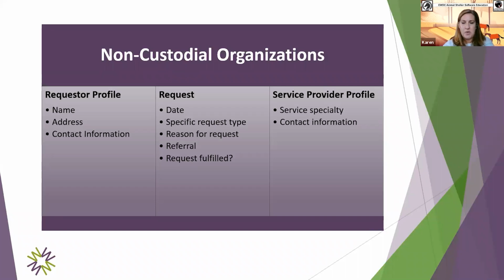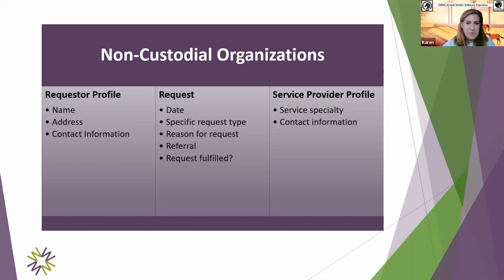Now, this is for organizations that are purely non-custodial. My understanding is that some of you do take custody and some of you do still offer referrals as well. So this concept is really geared initially to non-custodial organizations. But what you do need to keep track of is the person making a requester profile. You need to know their name, their address, their contact information. And you need to know some information about the request itself, like what date did it come in, what was the specific request that they had, what's the reason for it, what referral did you make,